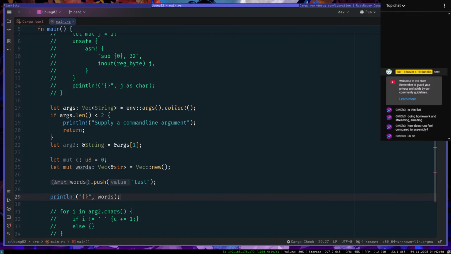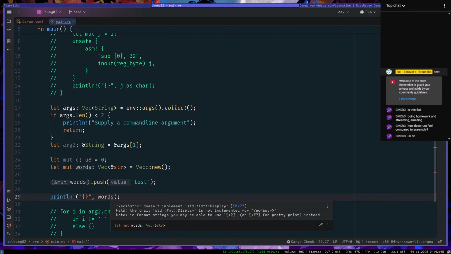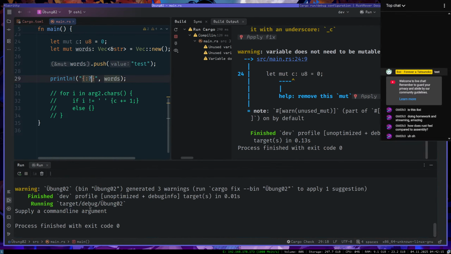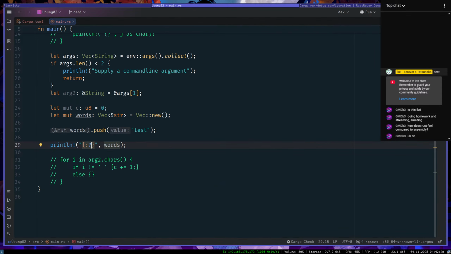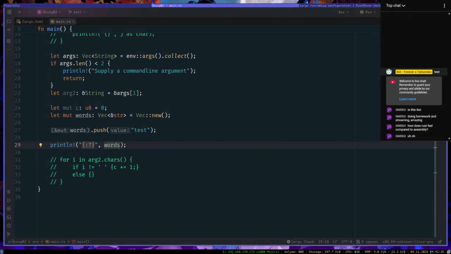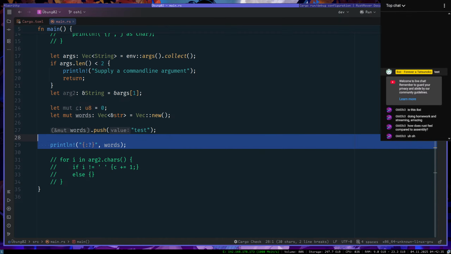I cannot type. What? Doesn't implement. Okay. Right, that's what I wanted it to print.